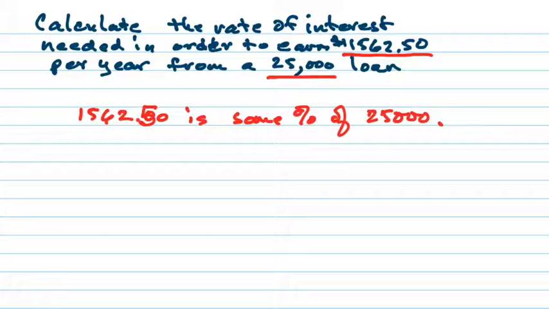Okay. So $1,562.50 is some percent of $25,000. So what we're doing now is we're looking for the percent. Okay. Well, of means that we would normally be taking the number of percent and multiplying it times the amount, right? Okay. So we need to do the opposite of that. Well, what is the opposite of multiply? Okay. So what we have here